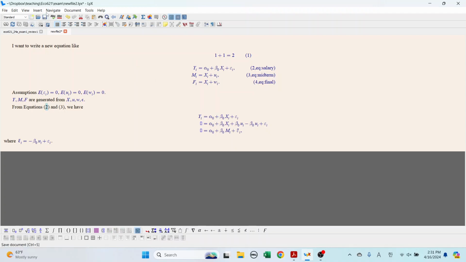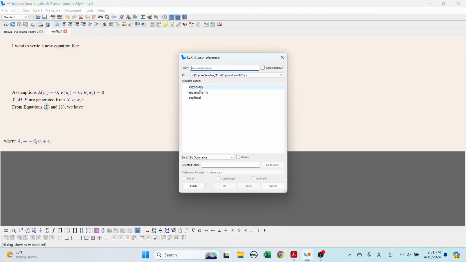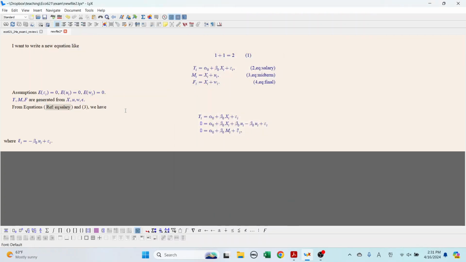So I put insert and cross-reference. Use cross-reference here, and I will mention the salary equation. And then later, when you compile this into a PDF file, automatically this number will be used in this place. And here, number 3 will be